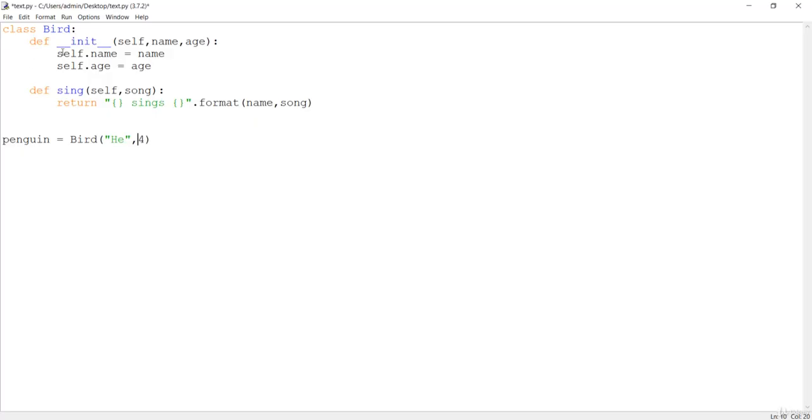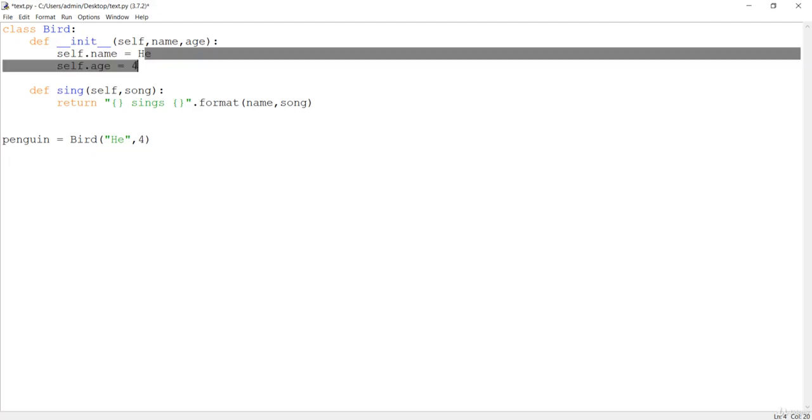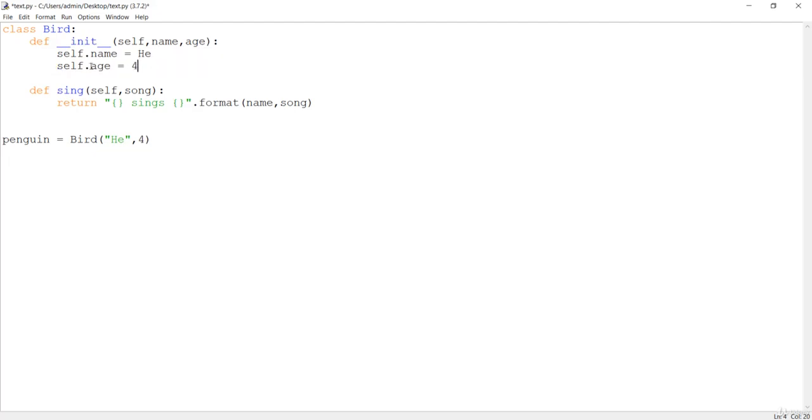Now if you see here, this self is pointing to this particular penguin. That means we are making this name and age of this Bird class point to this penguin, and we are denoting that this name should be Hugh and this age should be 4. That means we are assigning Hugh and 4 to the object's attributes.